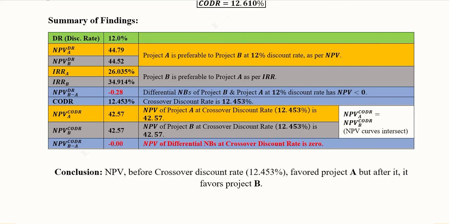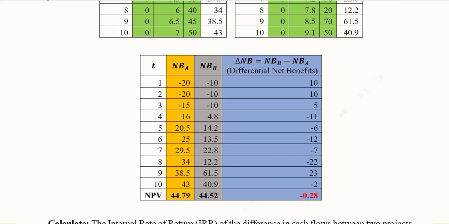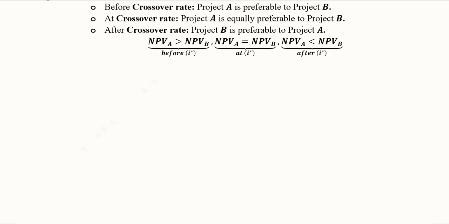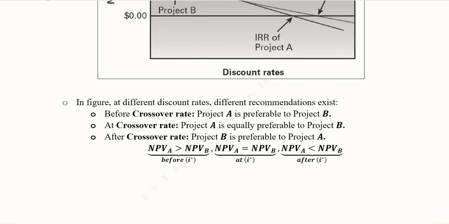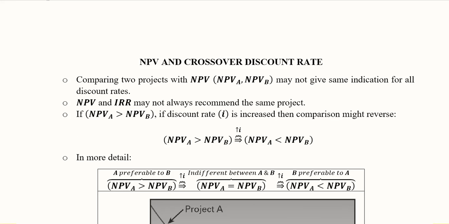So this is the thing, that before 12.453% discount rate, project A would be better as compared to project B, whereas after it, project B will become more desirable as compared to project A. So this is how the reversal happens between the two NPVs of the projects when it comes to an increasing discount rate. This was the numerical example, this was the diagrammatical depiction, and this is basically the main topic, in